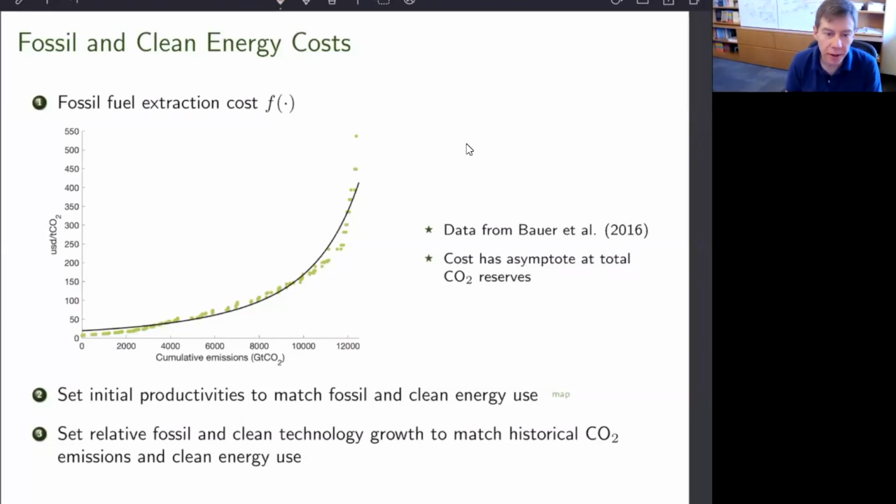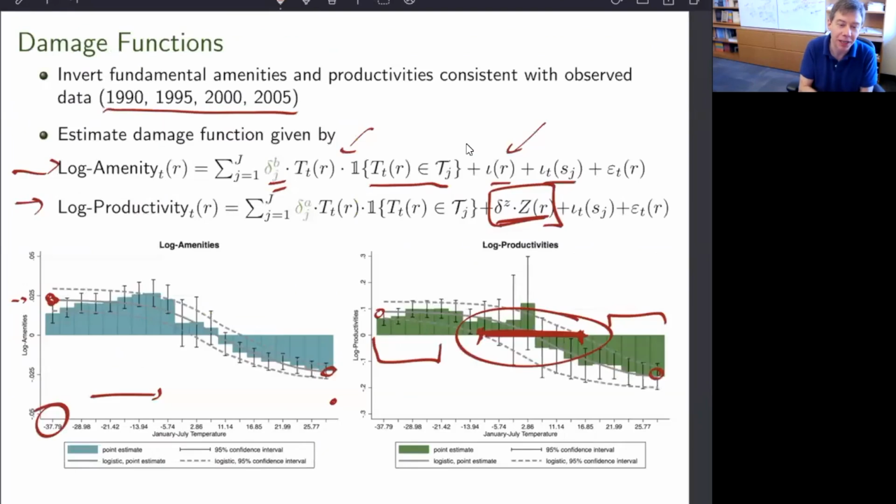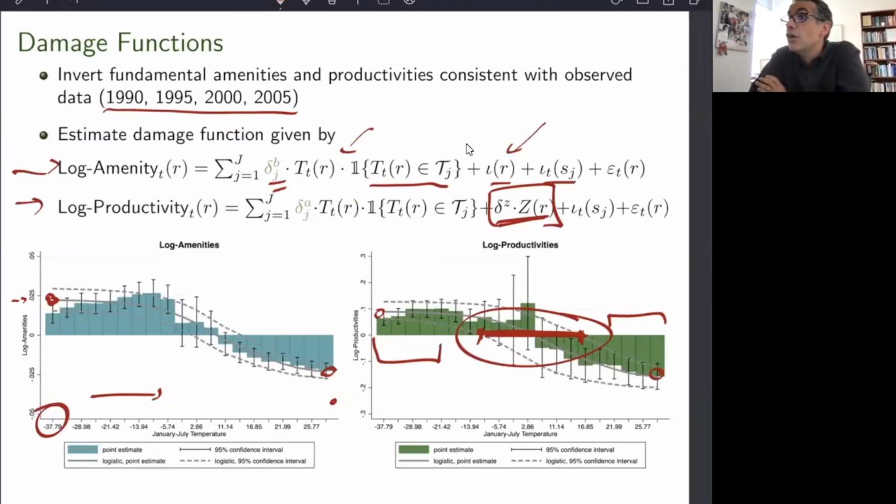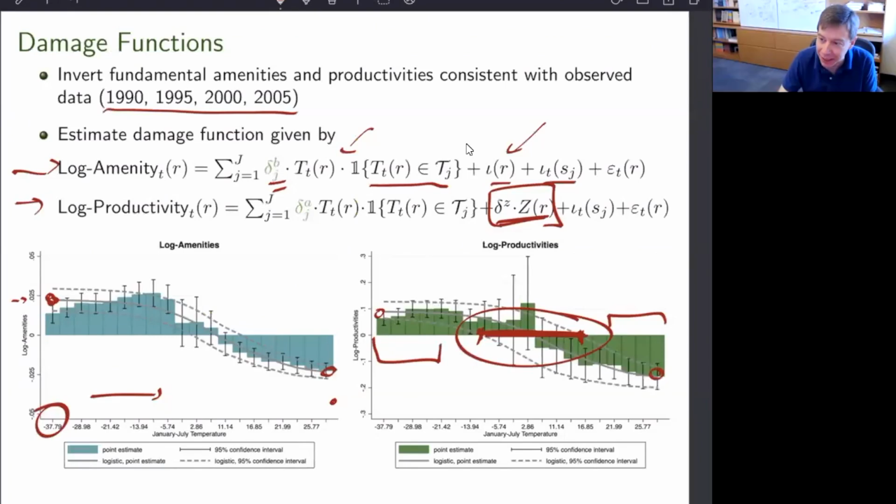Esteban, can I ask another question about the log productivity shape? I realized I was missing something. I would have thought it was hump shaped. I would have thought that there's an ideal temperature, and if you're really, really cold, like it looks like this says that Antarctica and Alaska are the most productive places. No. This is